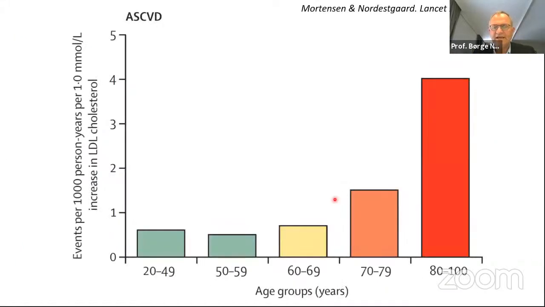This means as the risk of cardiovascular disease goes up, then if you look at the estimated events per 1,000 person years per 1 millimole increase in LDL cholesterol, the risk is much higher in the 80 to 100 years olds, and again, second highest in the 70 to 79 years old than in younger age groups. I'm not saying that it's not important in younger age groups, I'm just saying that it's much more important in